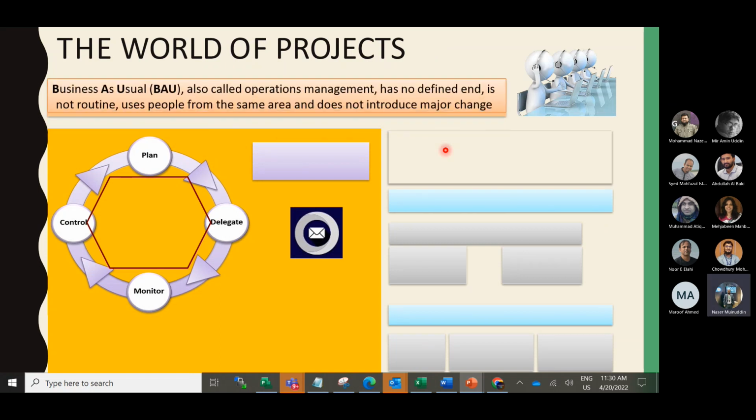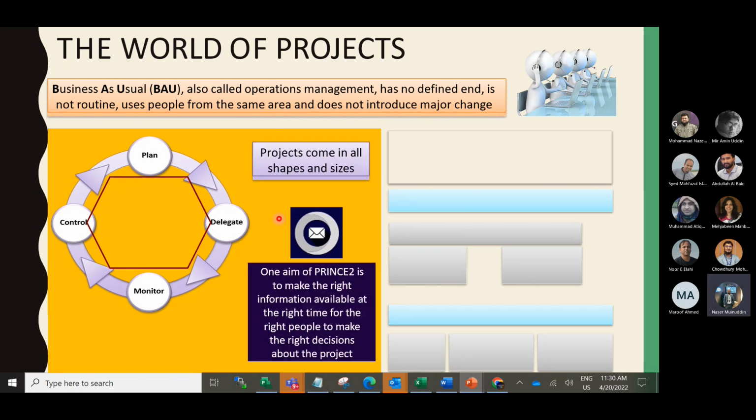So if we consider the world of projects, for the next agenda, earlier I used the term BAU. What is BAU? Business as usual, also called operations management, has no defined end and is routine, uses people from the same area, and does not introduce a major change. It's normal operational things. So projects come in all shapes and sizes.